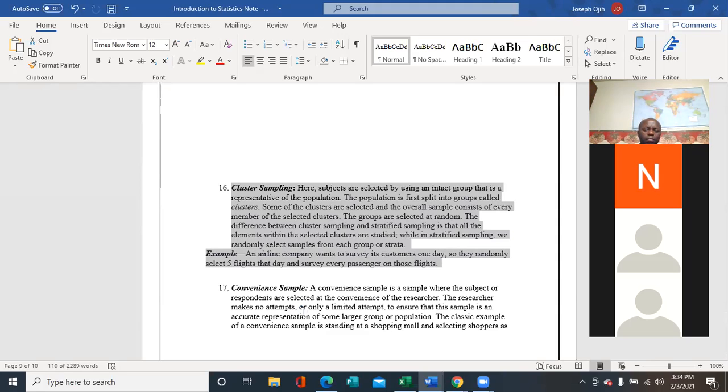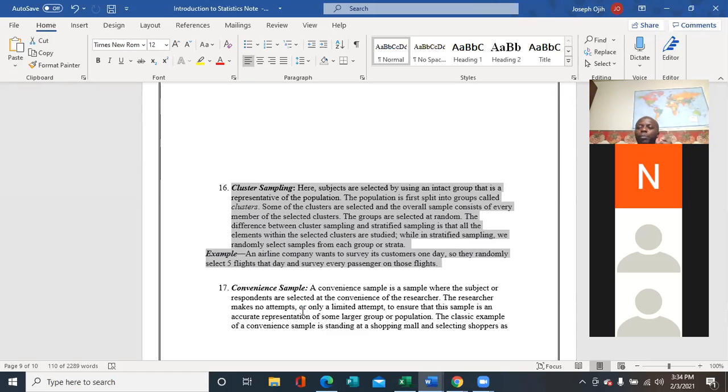For example, if I want to study the incident rates for COVID-19, we have some hospitals in Maryland where a lot of patients having COVID-19 are being treated. So they are in a cluster there.